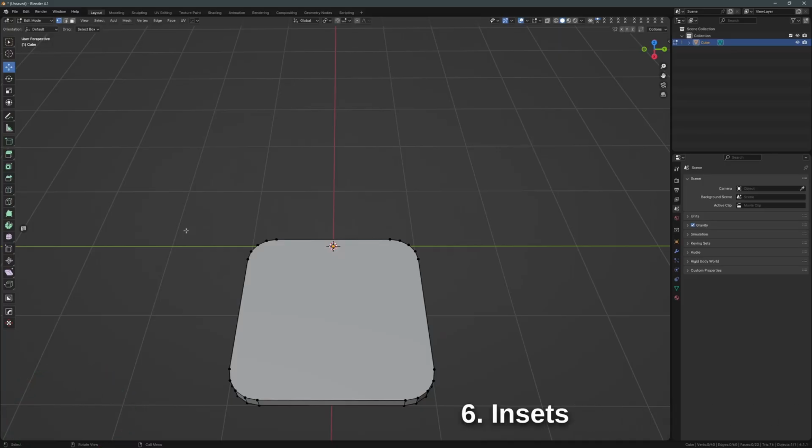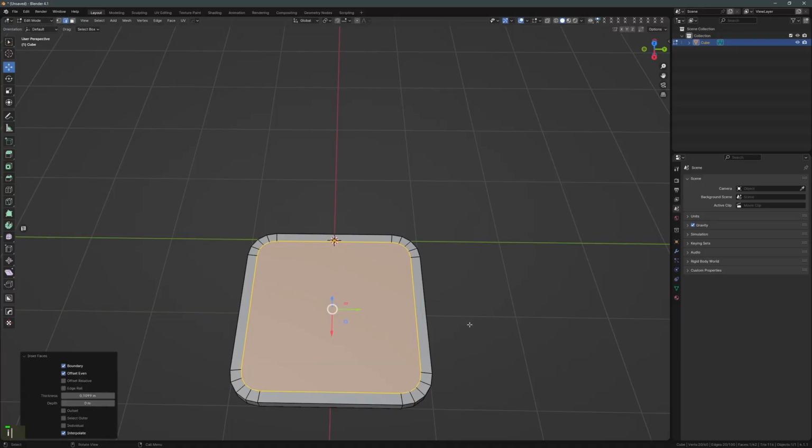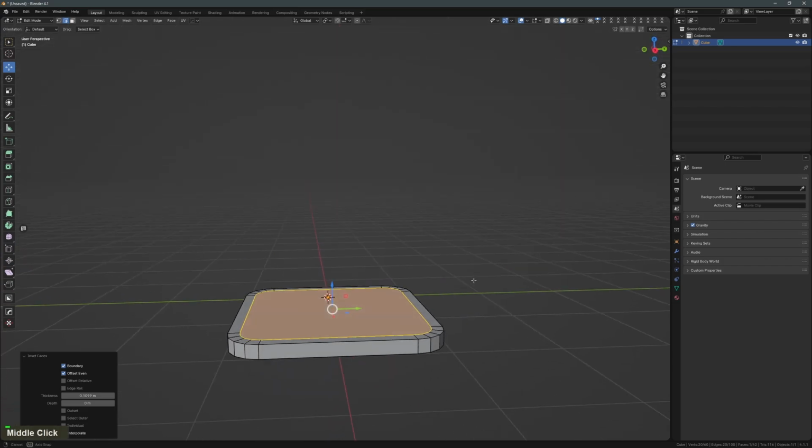Now that my license plate has its proper thickness, I can sculpt a frame. I select the top face and press I for inset. As with the bevel before, I see the dotted line and I can adjust the amount of inset by moving the mouse in and out. Once I'm happy with how it looks, I click and get the menu again. But this time there is nothing for me to set and I can go on creating the pocket.